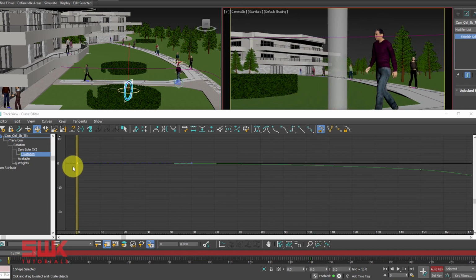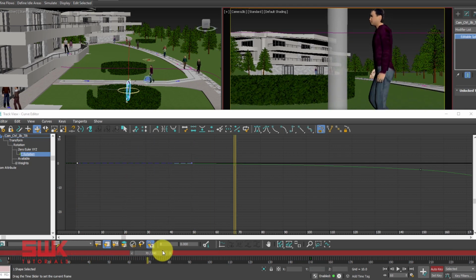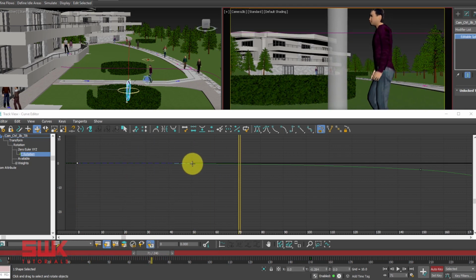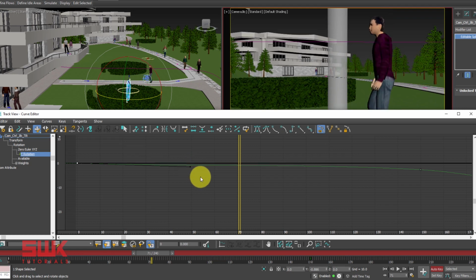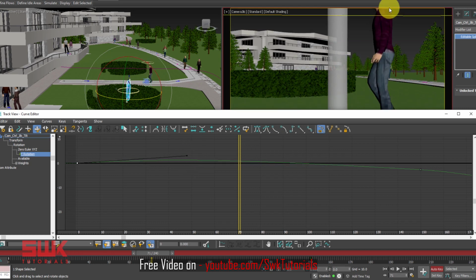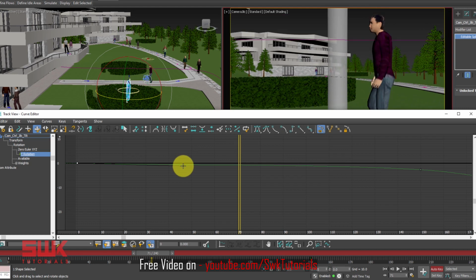And when I'm going to, let's say this part, if I'm going to take my curve up from this handle and take the curve up, it will go up. So what I have to do is take it a little bit down like this and it will increase the distance. So you have to judge. In your condition, the things can be different. You have to make it go up to see that it is going up and then you have to take it down like this to see if it is going down.